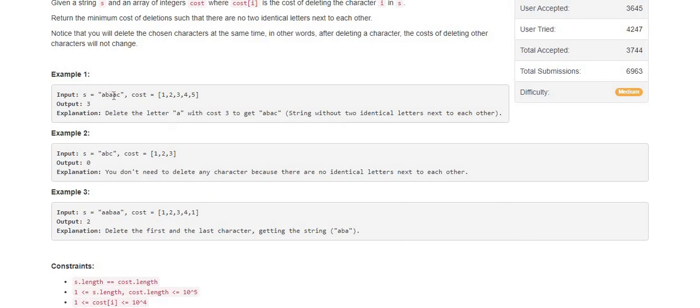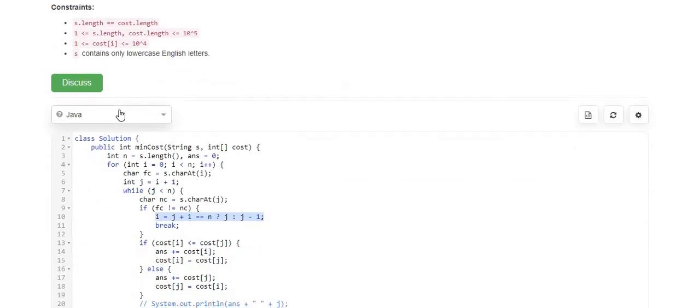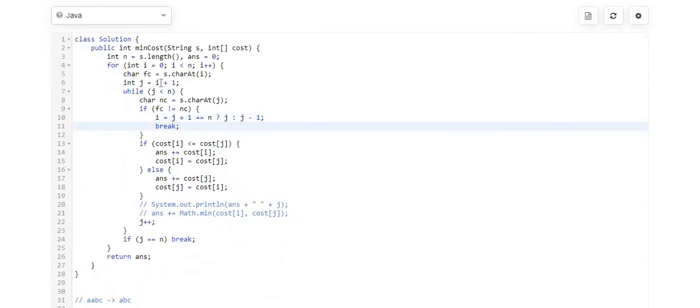Now it will come to this position, that is the 2nd position. Now i is 2, so we got an A. For the j value, we have detected the third character: 2 plus 1 is 3. So 3 is lesser than the length of the string, so it comes inside. Again, the next character is also A.